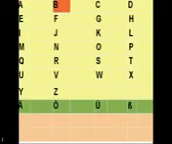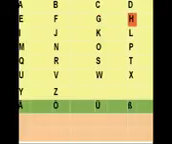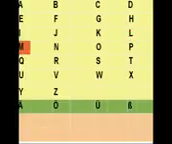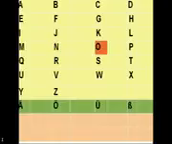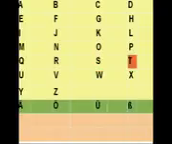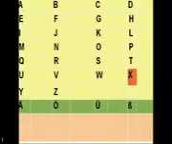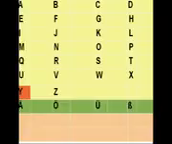A, B, C, D, E, F, G, H, I, J, K, L, M, N, O, P, Q, R, S, T, U, V, W, X, Y, Z,